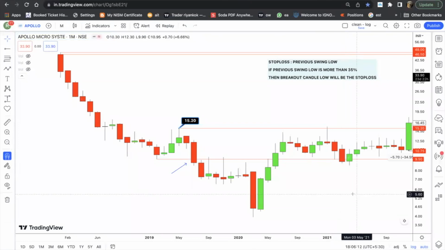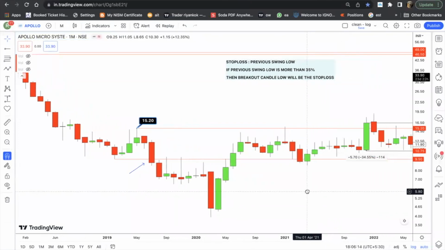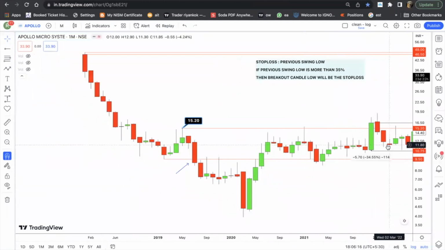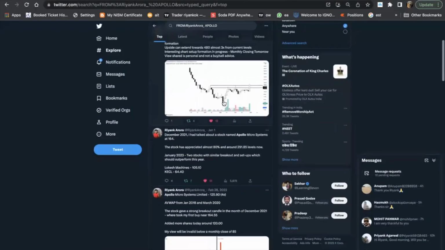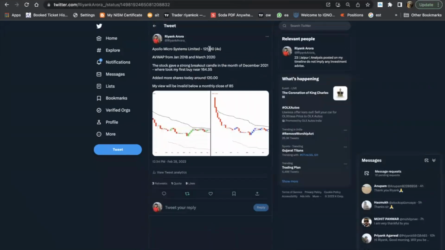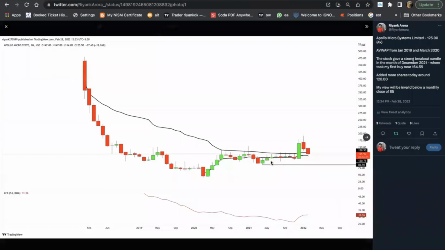And we can always buy the stock on declines. So the stock came down almost till like 11, 12 rupees. And I had also added this company back then using my sound knowledge of Anchored VWAP. Let me show you that post. So it was trading at 125 back then. And I had drawn Anchored VWAP on my chart and it was showing me an addition near 125 levels.